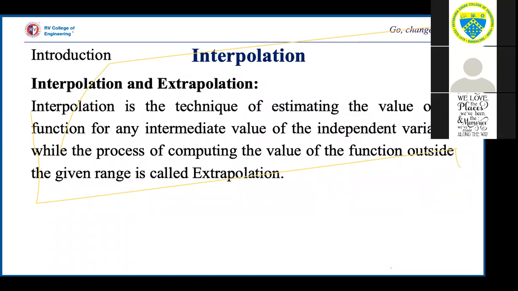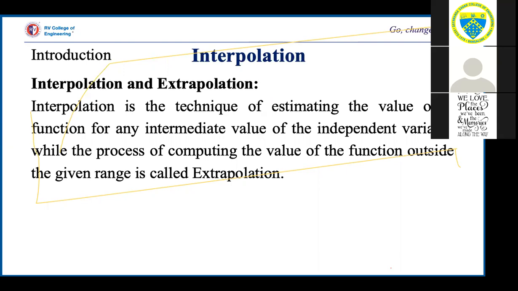So interpolation is a technique of estimating the value of a function for any intermediate value of the independent variable. You have values of independent variable given to be x0, x1 and so on, xn, corresponding values of dependent variable as y0, y1 and so on. If you know the relationship between y and x explicitly, no need of any technique, right?